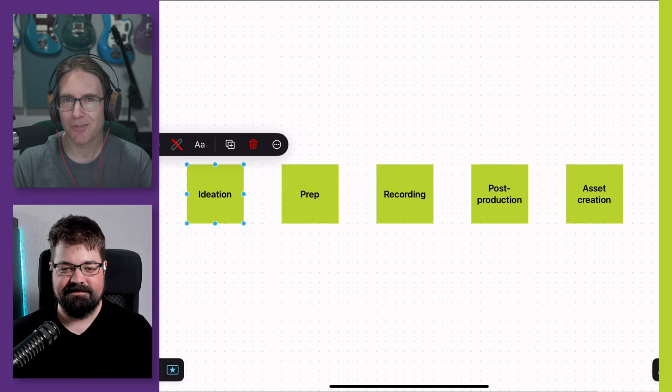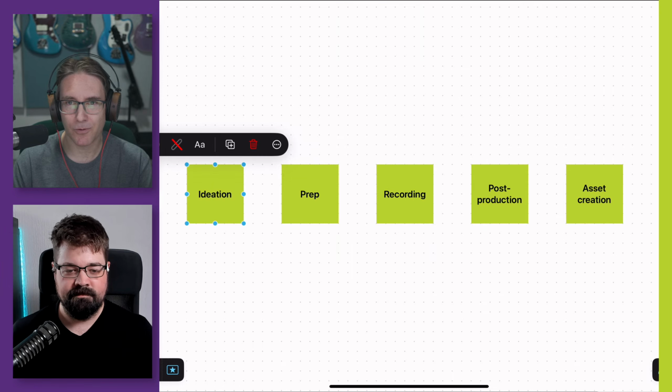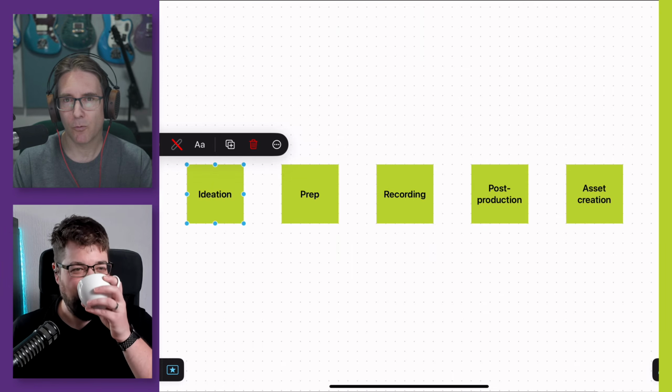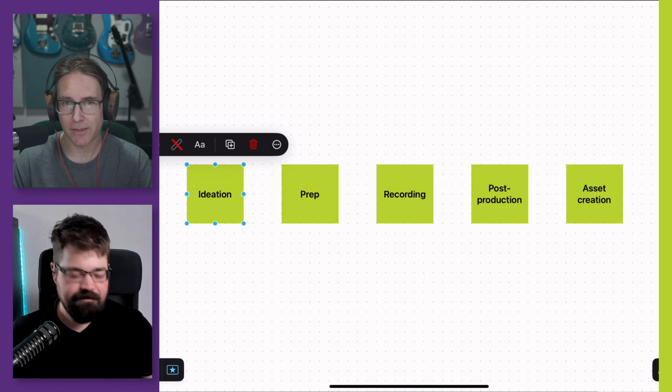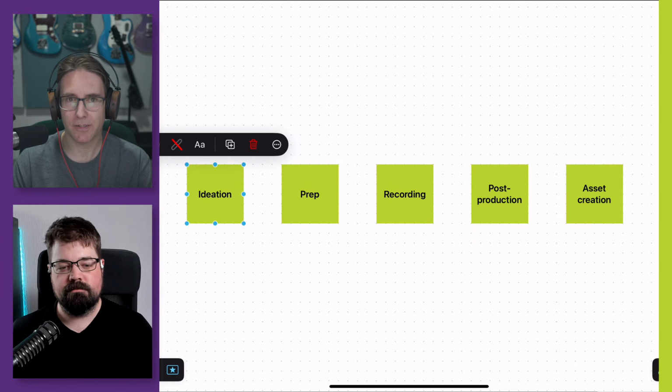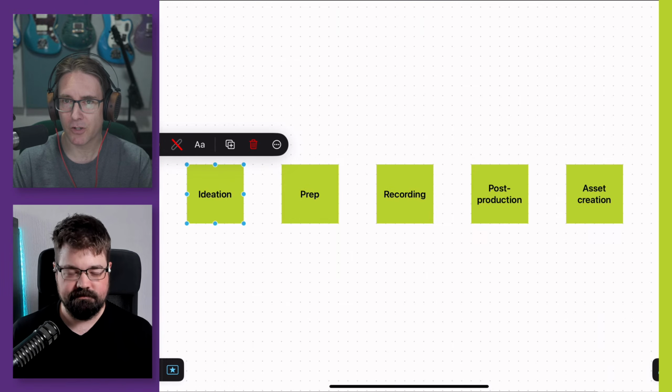But what I was saying is, when we're creating a podcast, there's 5 basic categories or phases: ideation, prep, recording, post-production, and asset creation. Recording, there's nothing we can really automate or use AI for. We can work on streamlining the process, your equipment, so it's as efficient as possible. So we're not really going to be talking about recording today, but let's start with ideation.